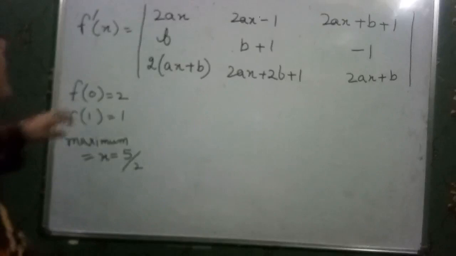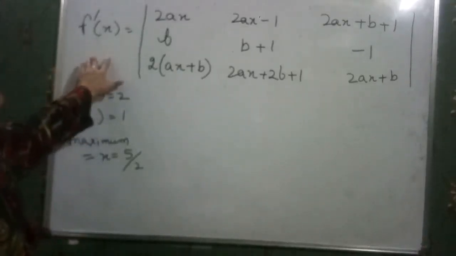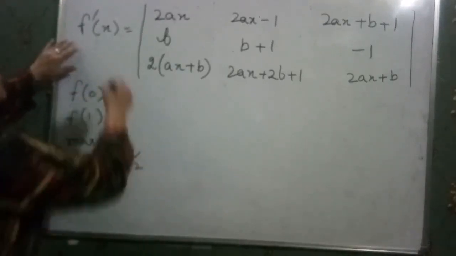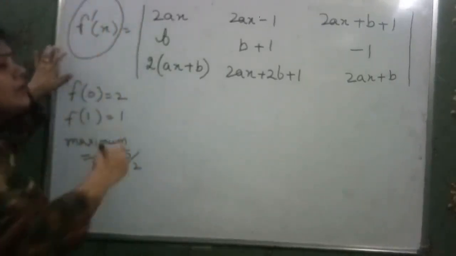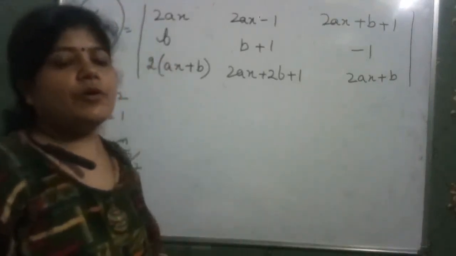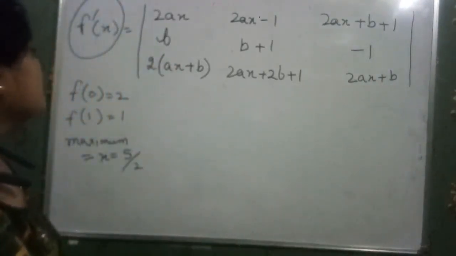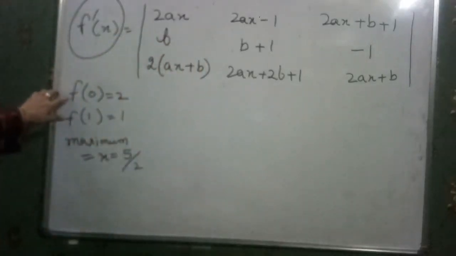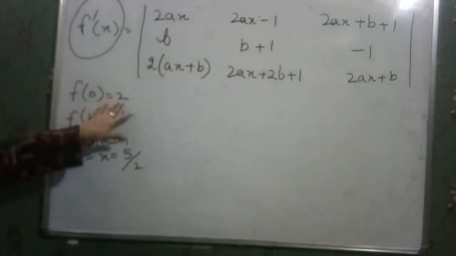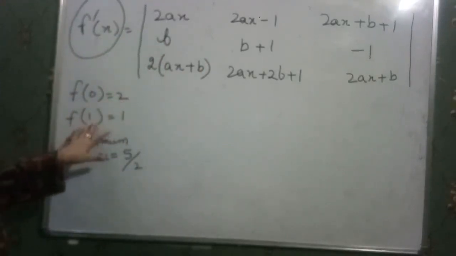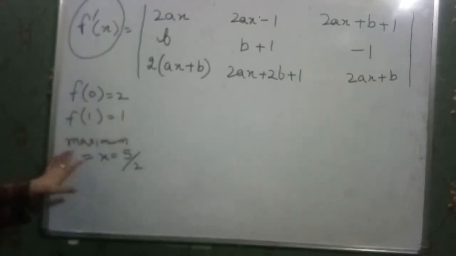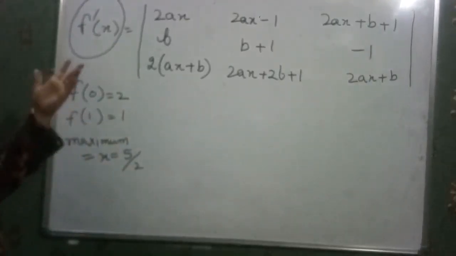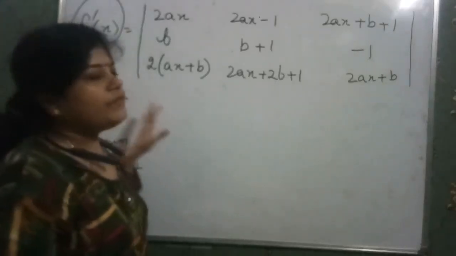Now there is another problem in front of you, and in this problem we have the case of determinant and also the case of differentiation. Both the topics are related here, and how will you solve these types of problems? Firstly, find the value of this determinant. One thing more is given. If we put x is equal to 0, we get the value 2. If we put x is equal to 1, we get the value 1, and it has a maximum value at x is equal to 5 by 2. So we have to find the function f of x.